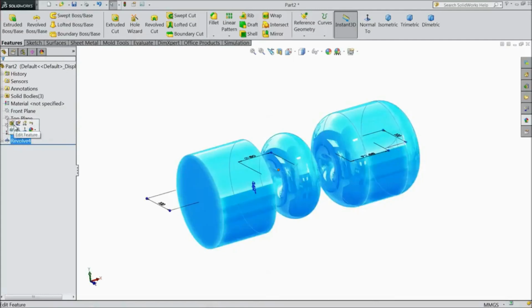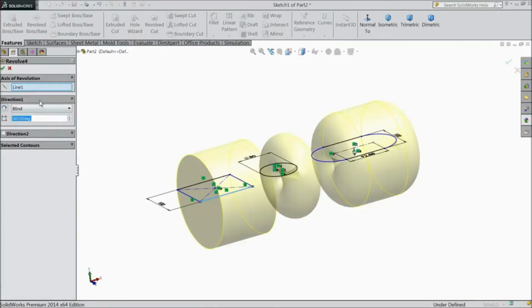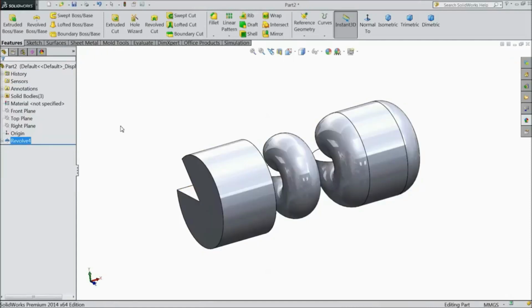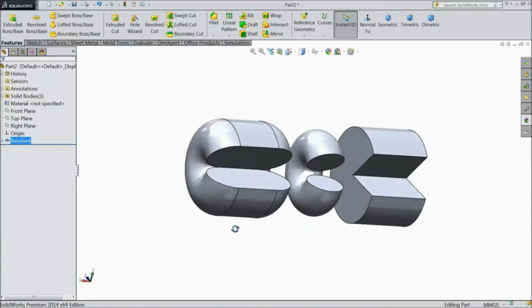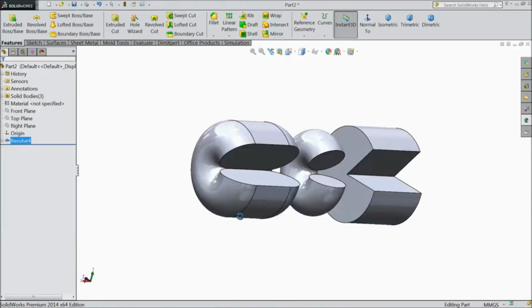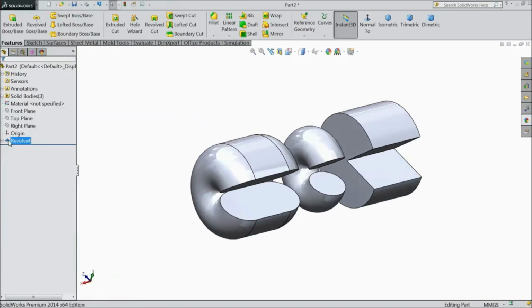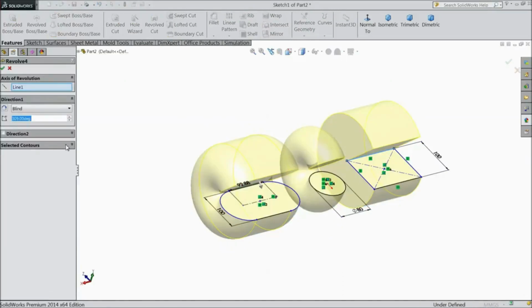Now just edit. If you want to make a little less angle, you can do it. Let's say 300, 310, 309. See, this angle cut, this 309 degree, only this much angle it is cut. Again you can do some editing, and this one, see, this selected contour is same as like extrude boss and